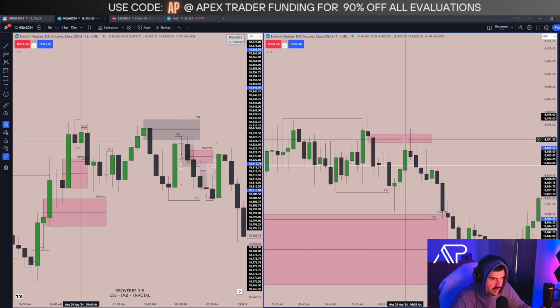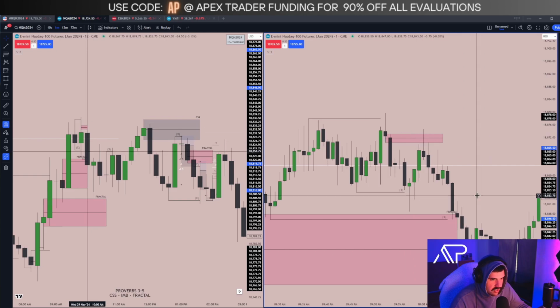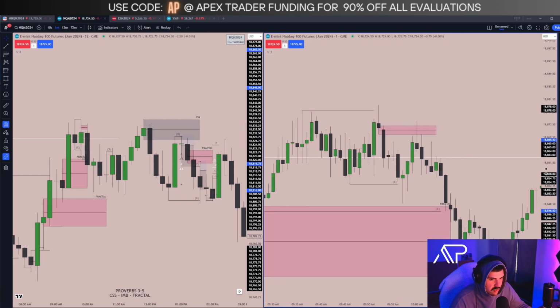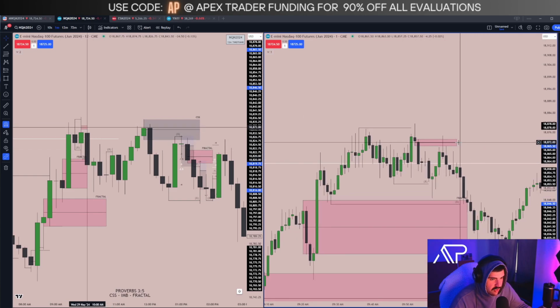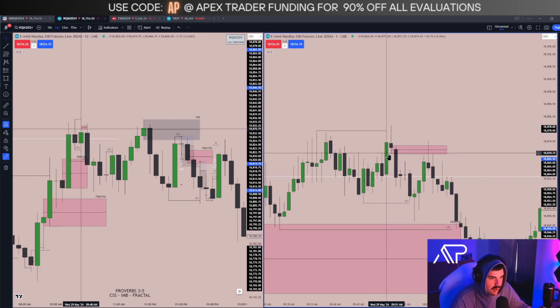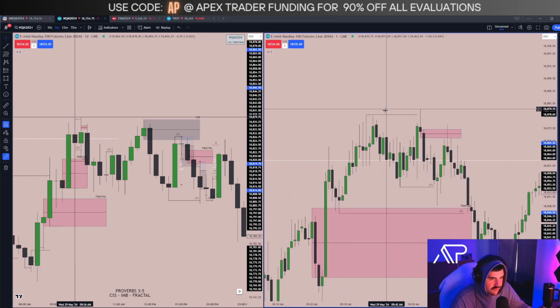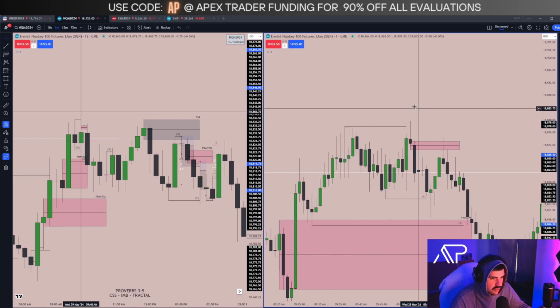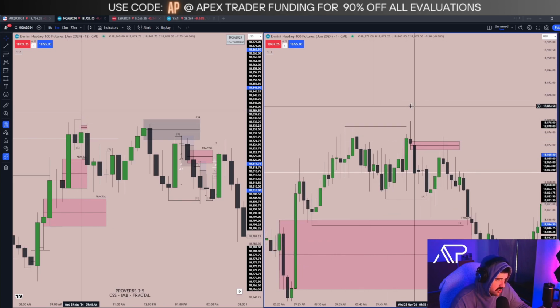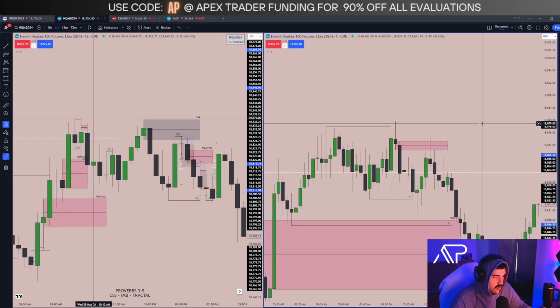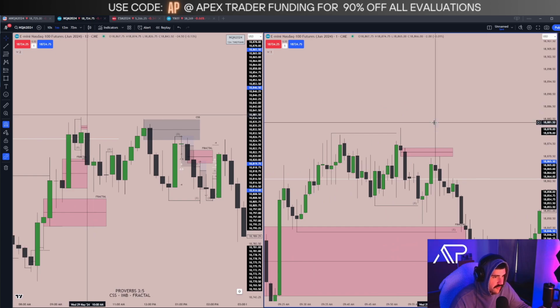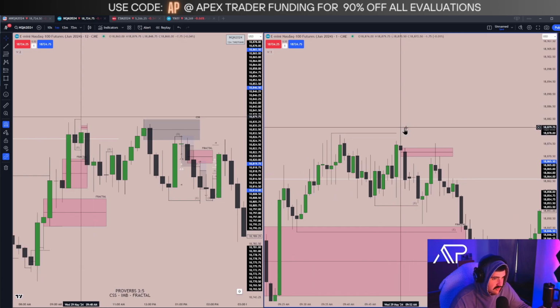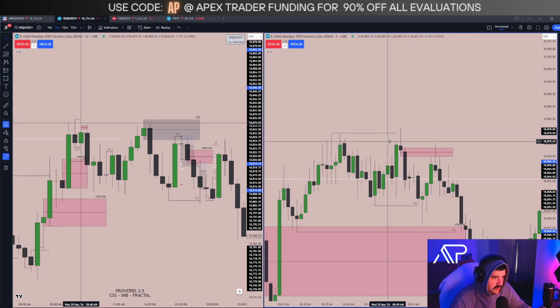We wick above it, close below, tap it one more time, and that is where price stops out for that given period. And that is directly why this high was not met, because of this specific function right here. This is something extremely important that you need to remember, because I'm willing to bet this has probably happened to so many people. They're anticipating a higher low to be taken, but the proper function was not met right here,